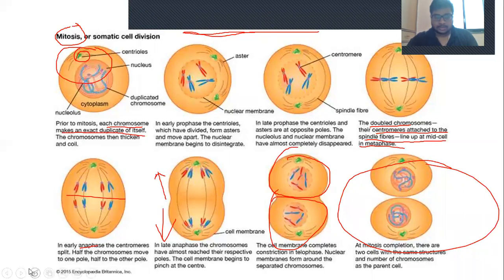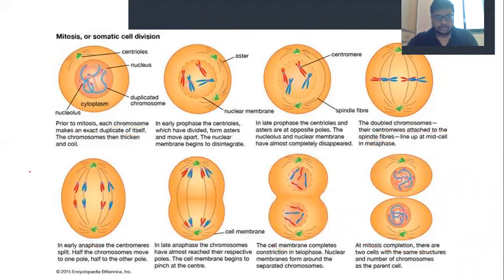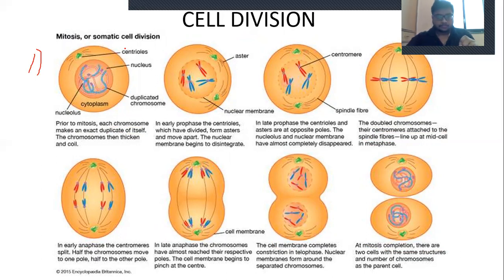Remember this diagram. I'll erase the ink on this slide. In the first diagram, the chromosomes inside the nucleus double. Then these centrioles double. The centrioles go to opposite positions, opposite poles. They attach thread-like structures called spindle fibers to the chromosomes inside. Then, after attaching spindle fibers, the centrioles pull.